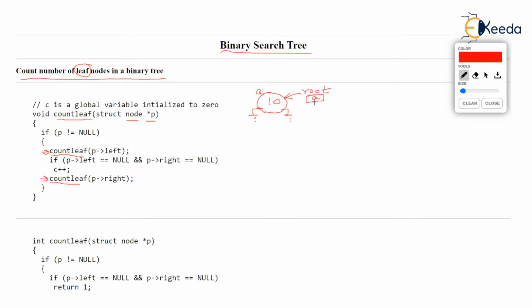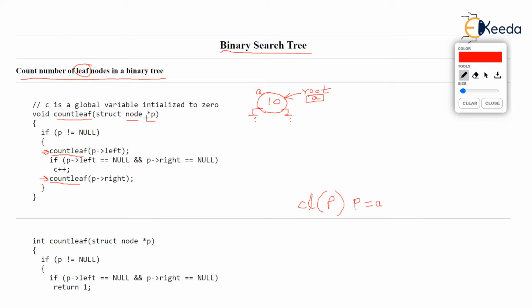We are going to call this countLeaf function by passing the value of root in the pointer p. The parameter p is going to be root. So we start the countLeaf function. The countLeaf function is going to start as CL. I'll write in short, countLeaf is CL, so that I don't have to write the big word again and again. CL is having a parameter p, where p is literally equal to A, because we have copied the root pointer in the pointer p and we have started the function countLeaf.